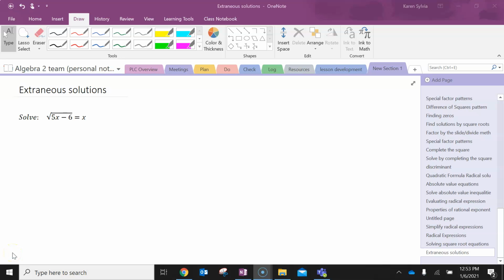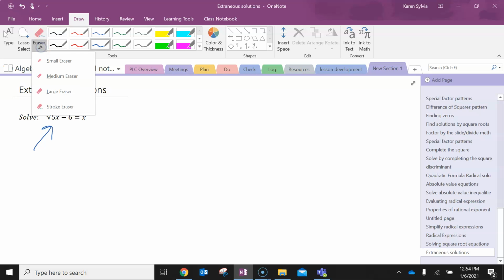Remember, when we solve radical equations, our first step always is to isolate the radical. So in this case, my radical happens to be on the left-hand side, but it is isolated because everything happens to be under that radical. So as I begin solving,